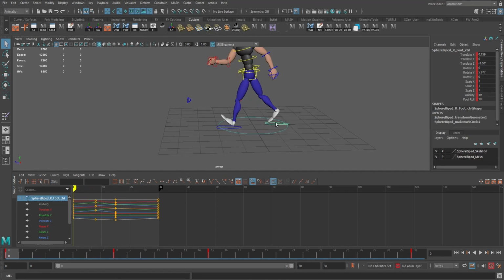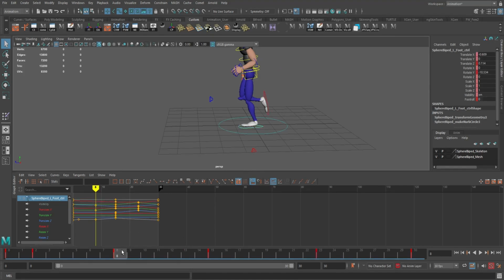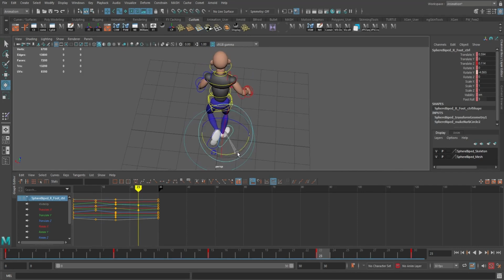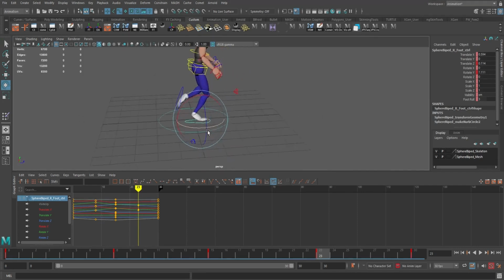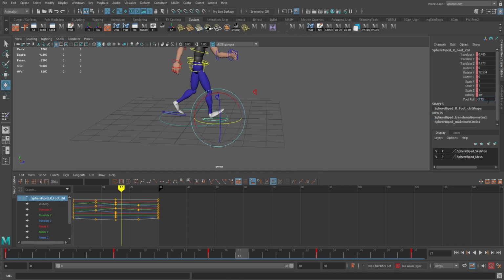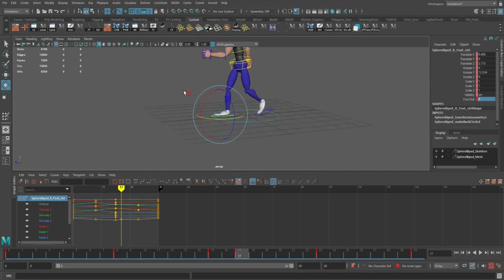So here we want the blue frame. So copy on frame 8, select the red, go to frame 23, and paste. There we go. And we want the rotation to be like so. And we want the foot roll to be 0. And then on 17 as well, we want to flatten this foot. So 0. So once he steps,